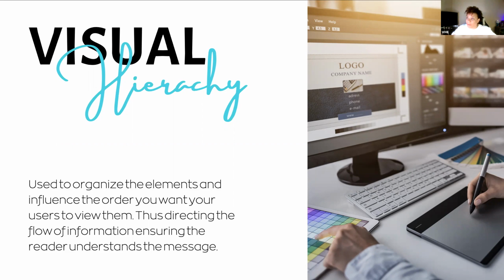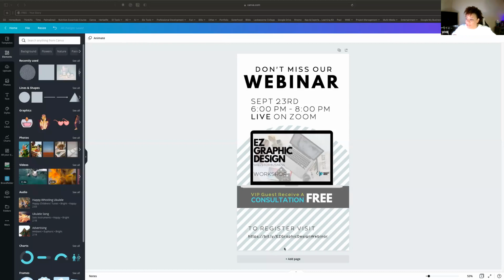If you remember on my page that I created here, there's smaller things around here, but if you follow the flow from top to bottom, left to right, you're going to read the entire message. You will see everything on the page because this is designed to take you from top to bottom and left to right. So if I do what we call a Z pattern, it takes me, and I'm going to annotate this just so you can see where I'm going. The Z pattern is what we call top to bottom and left to right.